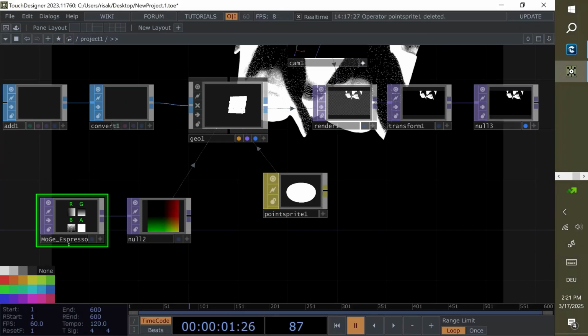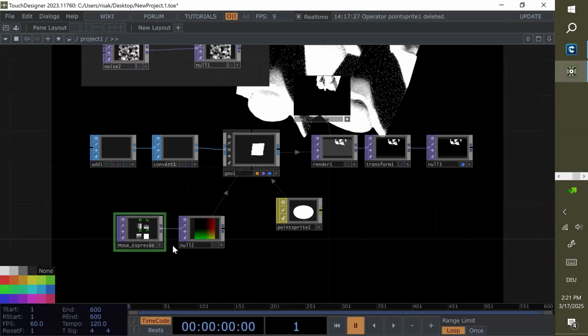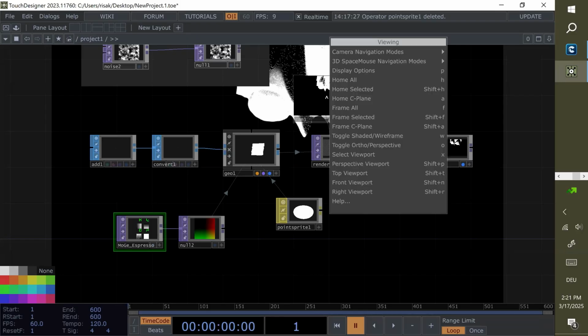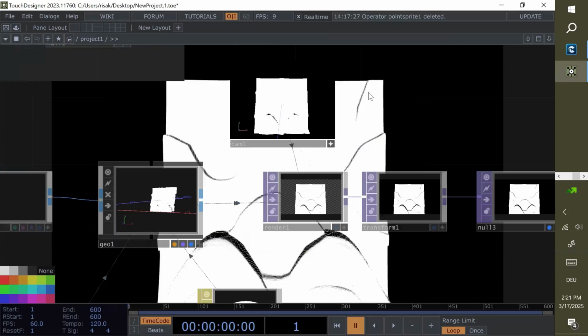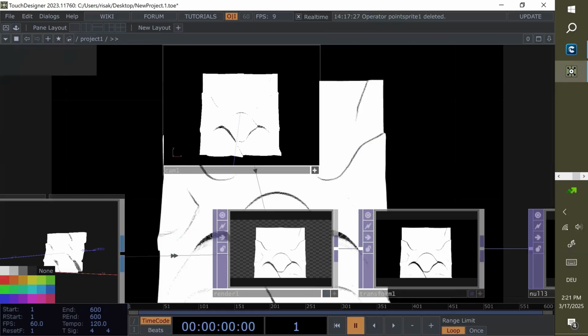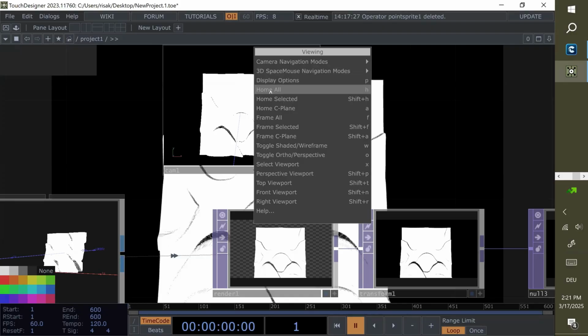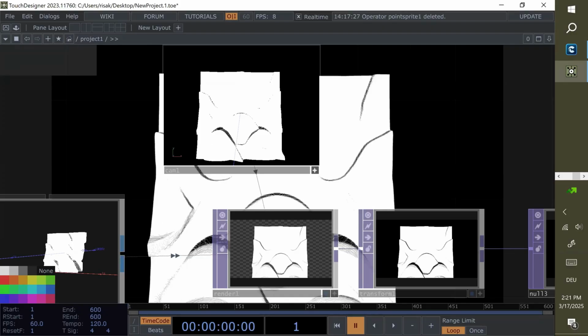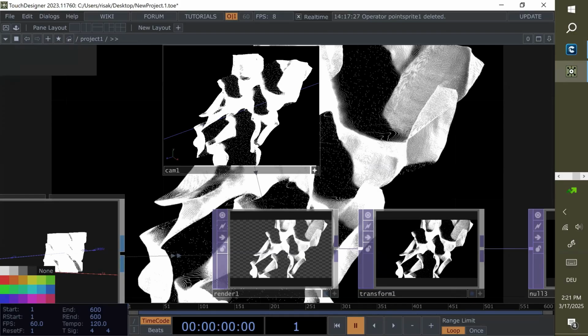So if you replace some, so you want to test some different kind of files, you just need to run first, and then since this 3D generation is kind of a different coordinate, you just need to adjust the camera angle. So you just go to here and then home all, go to camera, right click, home all to see this one, and you can just change angles.